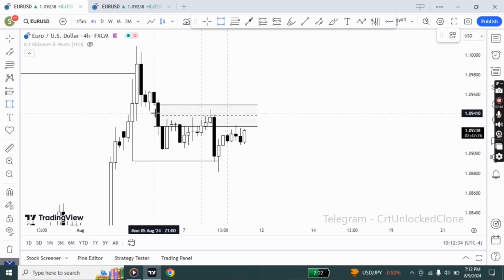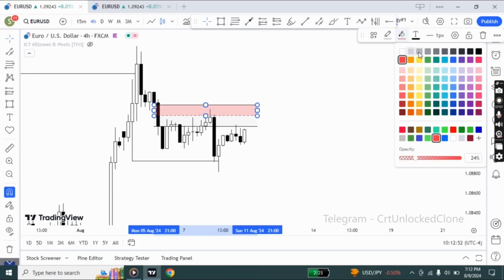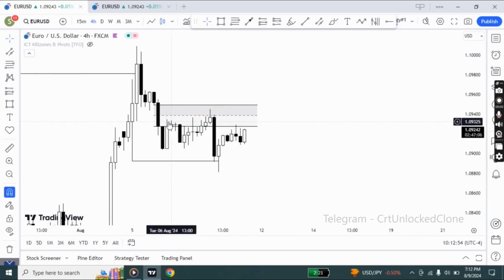You can call it whatever you want. The idea is that it's the premium of this FVG, the upper half, whereas the lower half is the discount region. Right? That's the idea. You can call it whatever name you want. The upper half, lower half, premium, discount, it doesn't matter. Now you can see that we've already tested the lower half of this FVG during Tuesday's and Wednesday's price action, right? And now during Thursday, what happened is we tested the upper premium half of this FVG